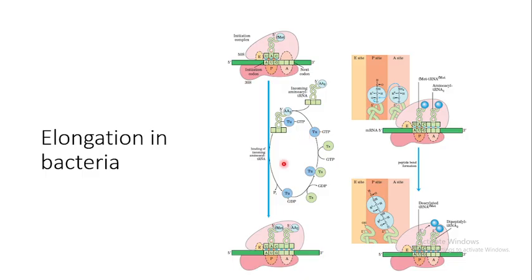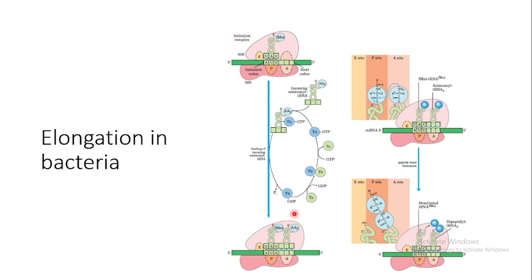When this GTP is hydrolyzed, Tu-GDP and phosphate will be released, and this amino acid tRNA will be bound to the A site of the ribosome, right? And then again, Ts will exchange this GDP with GTP, right? So again from Tu-GDP it will be Tu-GTP. Then again it can take part in the next part of the cycle, when it will take the new amino acid tRNA, suppose that is AA3, and it will make this amino acid tRNA Tu complex. Then again GTP will be hydrolyzed, and this next amino acid will be placed into the